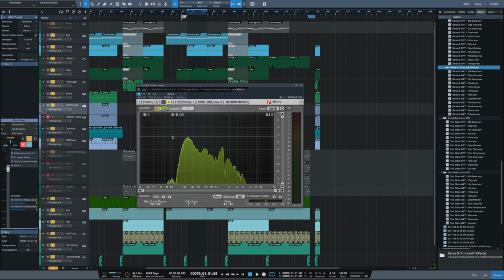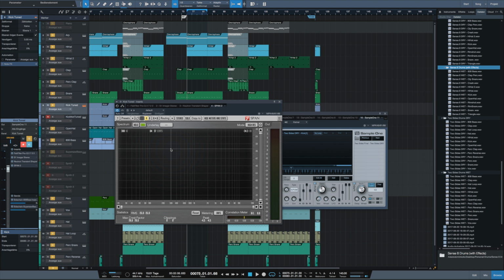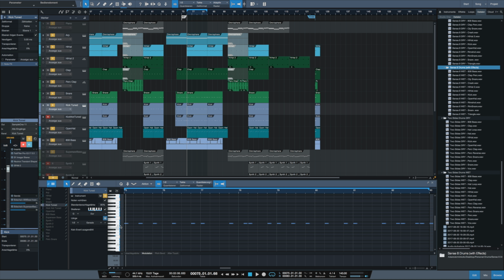So what I have to do now is go to my sampler, and where it says root, just change it down to an A sharp. And so now when I press a note on my keyboard, like for example a higher pitch C note, I press the hold button, and when I now hover over the highest peak, we should clearly see that this is now tuned to a C instead of an A sharp. So if the scale of your song is, for example, D minor, you can always set the kick to a D, and it will always play well together with the rest of your song.